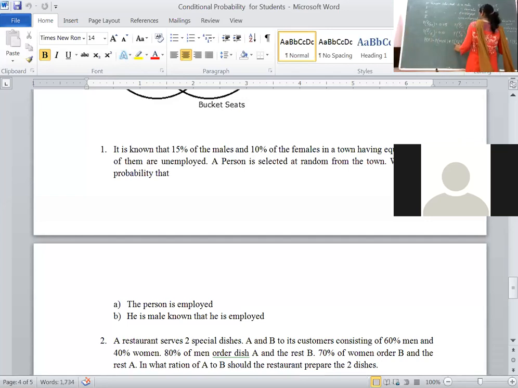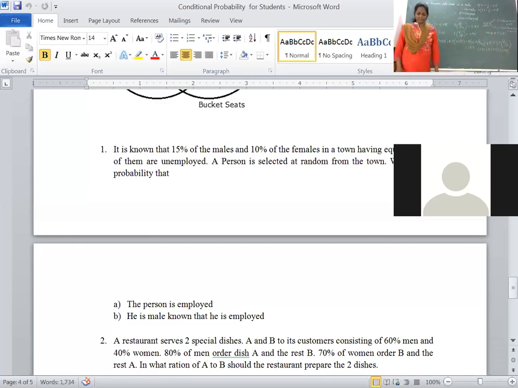Plus, similarly for the second term also apply conditional probability. Which event happened earlier? Female. Probability of female has happened. Then the remaining event is employment. You know the value. Probability of M value is 0.5 into E given M value, that is 0.85, plus probability of female value is 0.5 into probability of E given F is